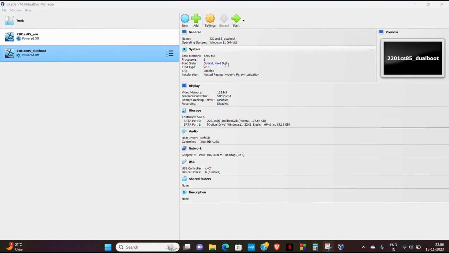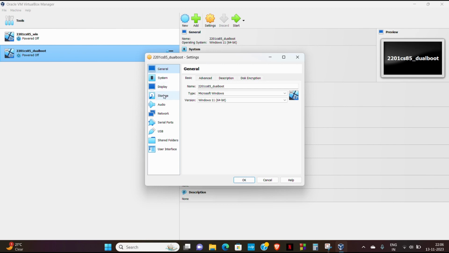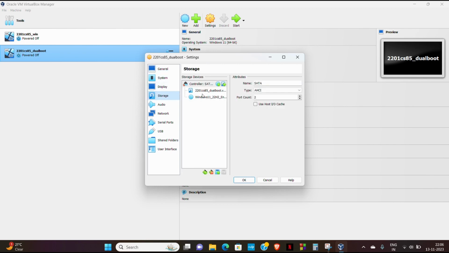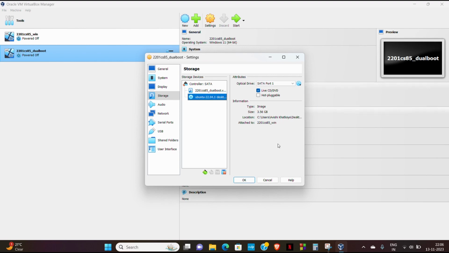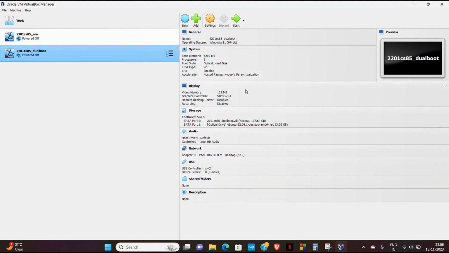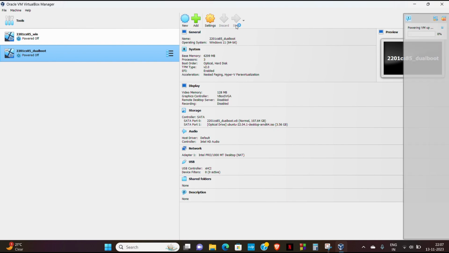So the virtual machine has shut down. Now the process for Windows installation has been completed successfully. Now you will go to storage again, and select the ISO file of Ubuntu 2022, and then again OK. Now you will start the virtual machine again, so it will power up